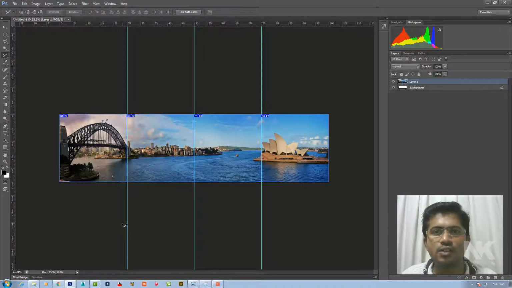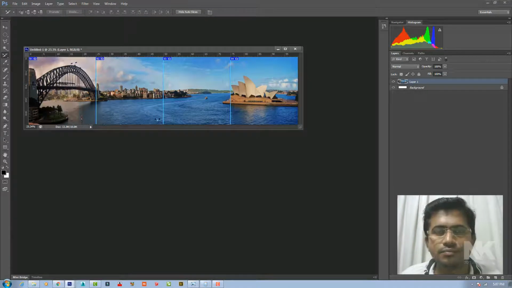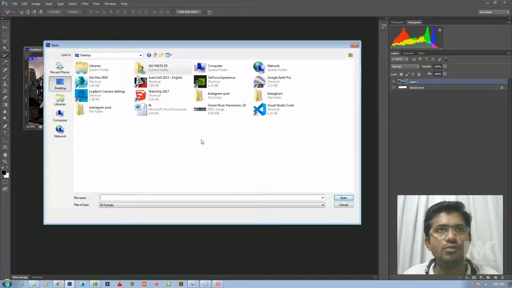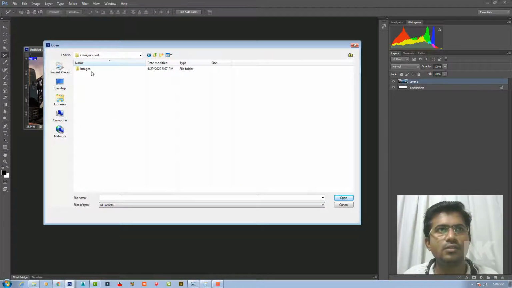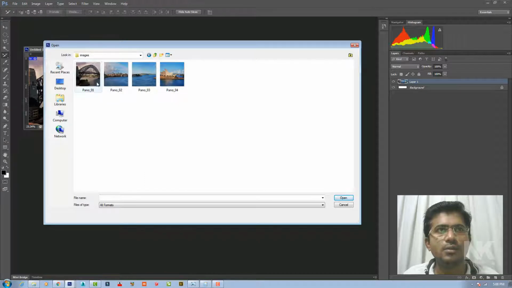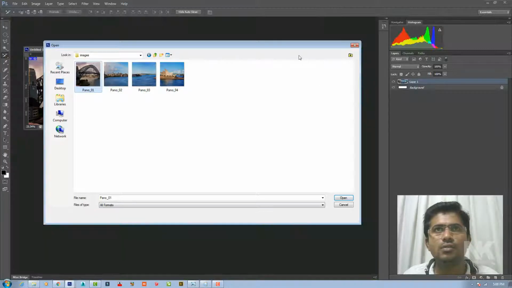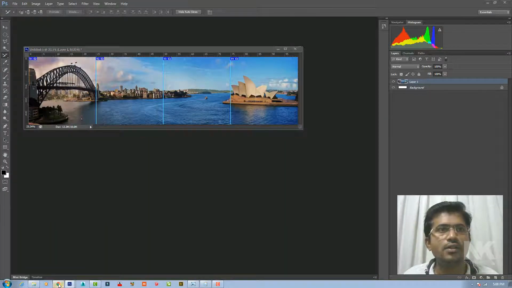So the next part is to upload this image on Instagram. If you are using a mobile phone, you can just copy these images to your mobile and apply the multiple image option. I will show you how to do this on PC. So first we will check our images which we have sliced. These are the images we have just sliced, 1, 2, 3 and 4. The next thing is to upload them.